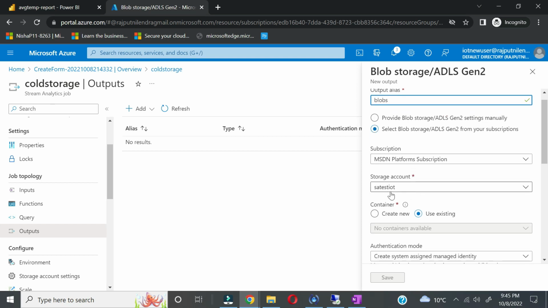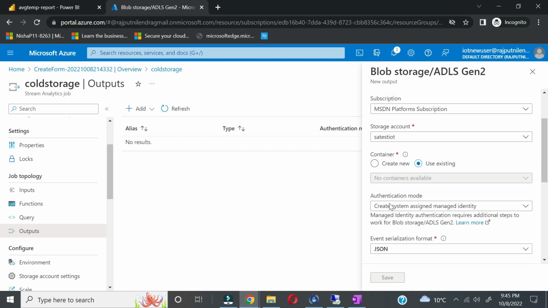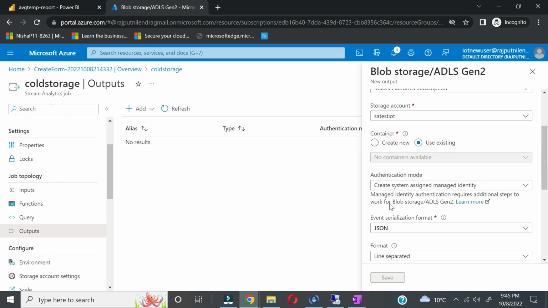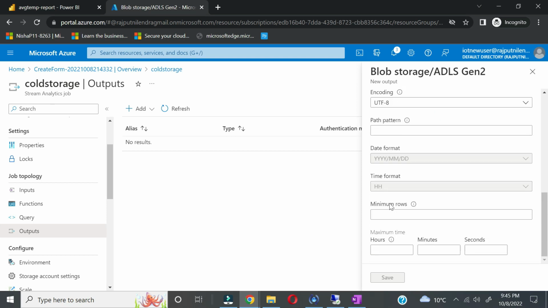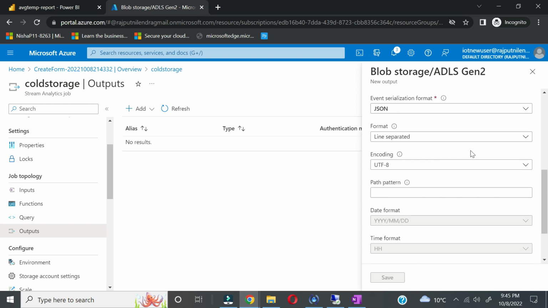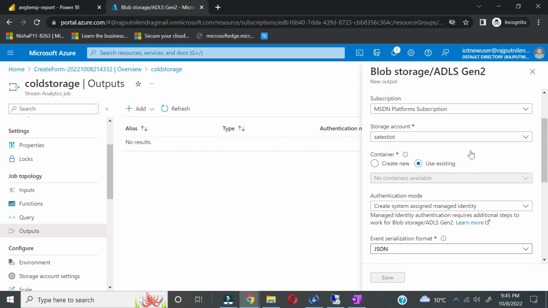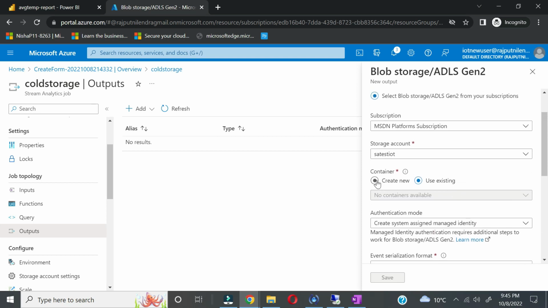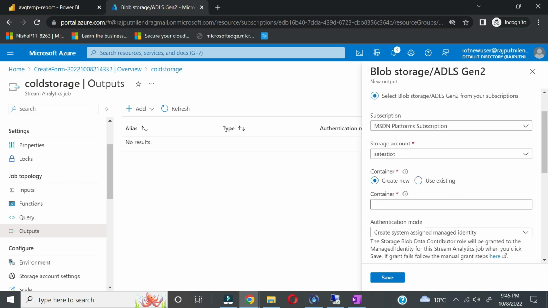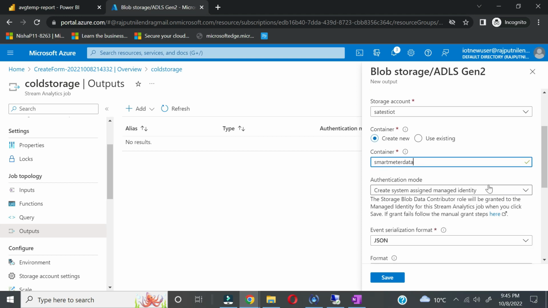Storage account, see what we have created, it's already here, since we are in the same resource group and all. And okay, so this one, create new container, and create this is, let's say, smart meter data. So what it will do, it will create a new container, and